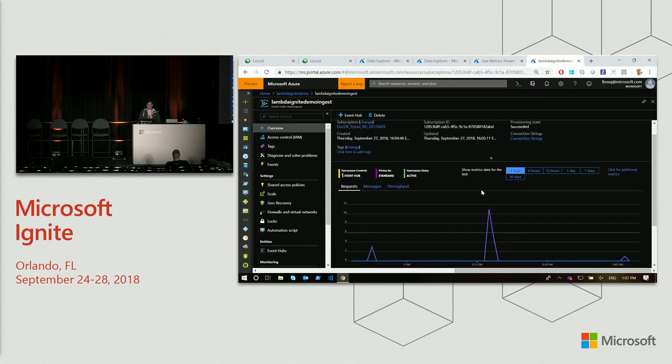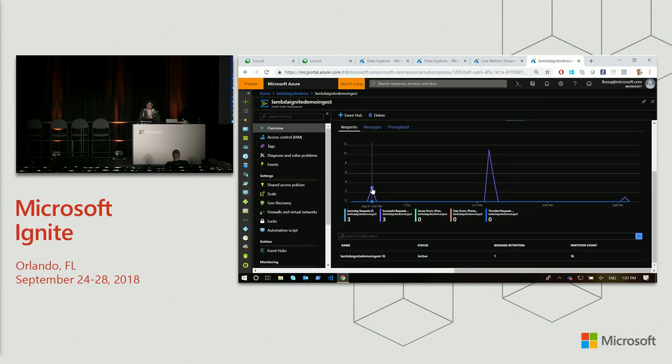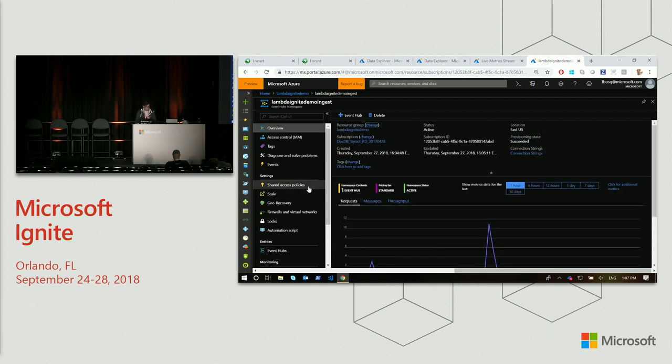So in the end, you can also see this traffic in the event hubs layer, and how it is generated from the source of the data through event hubs into Cosmos DB. So on the other side,